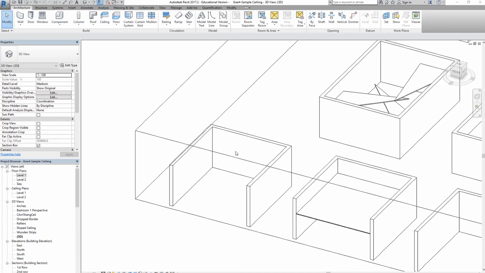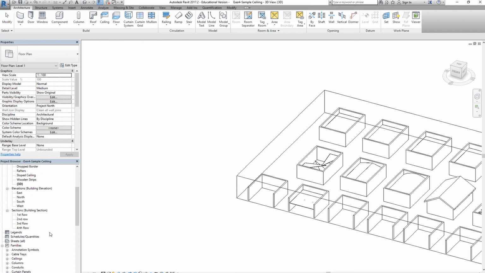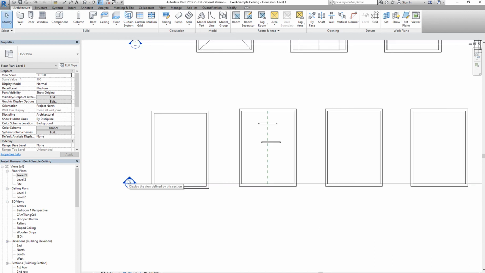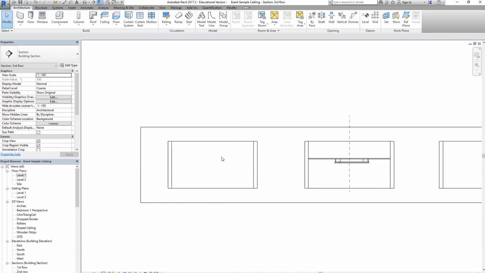Okay, so you can also create an extruded ceiling similar to how we learned it doing roofs. So you want to go to the section view in this case. So where's my section view? I think it's over... where is it? Well, let me go to this level, and I'm going to do it here. So I'll click that section head or bubble, and